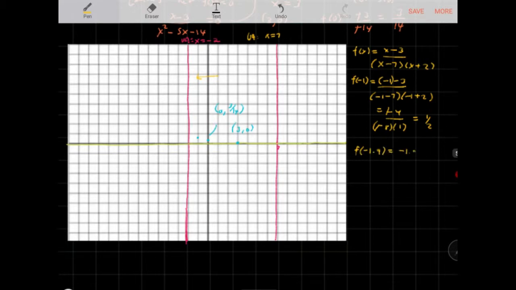So we get negative 1.9 minus 3, negative 1.9 minus 7, negative 1.9 plus 2. So this is going to give us negative 4.9 over negative 8.9 times, what is this? Let's say that's going to be negative 0.1, right? So this is going to cancel out. No, sorry, positive 0.1. Okay, so this is positive 0.1, right? So it cancels out. This is 0.89, so 4.9 divided by 0.89, that's going to give us